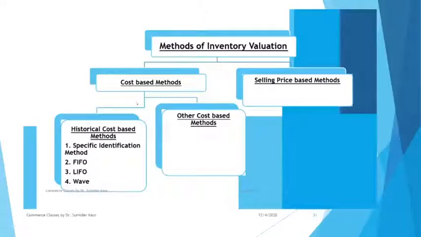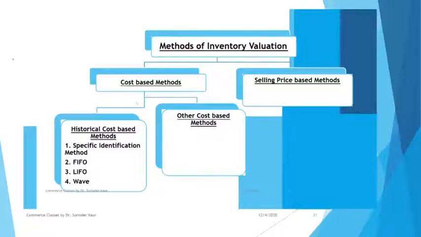Now, the last three we'll be studying in detail, but let me give you a small idea about the specific identification method. Right now at this point, I hope you understand the relevance of the methods, because in the last video I explained to you that we have a flow of costs. So we have various methods to identify the cost specific to the closing stock and to the units sold. Accordingly we have the methods. Now under the specific identification method, what actually happens is that we have to identify the lot against which we have the closing stock and the lot which is being sold.